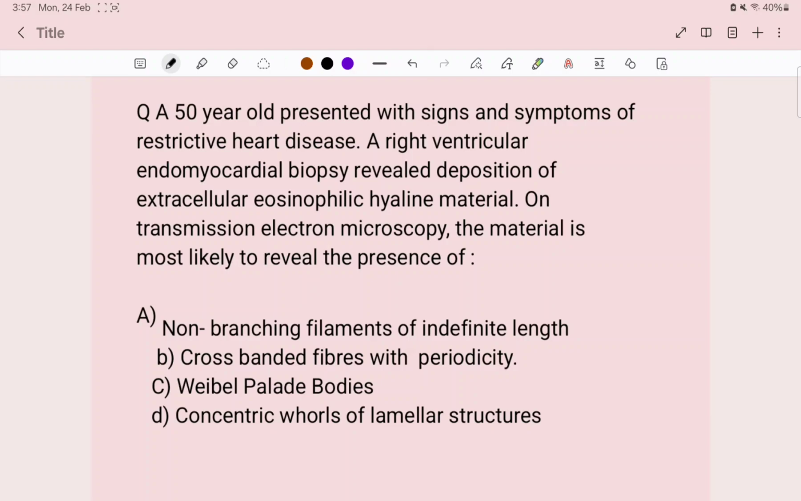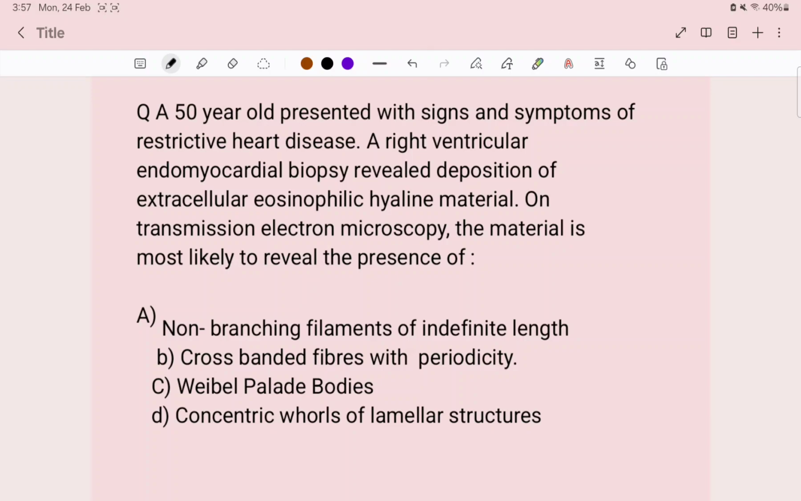So the question goes like, a 50-year-old presents with signs and symptoms of restrictive heart disease. A right ventricular endomyocardial biopsy reveals deposition of extracellular eosinophilic hyaline material. On transmission electron microscopy, the material is most likely to reveal the presence of